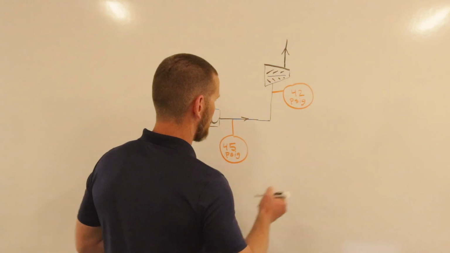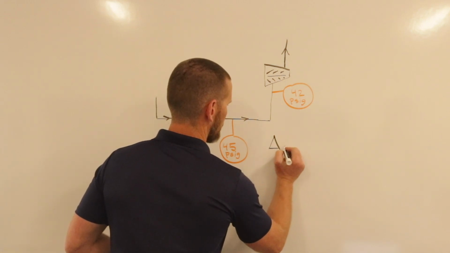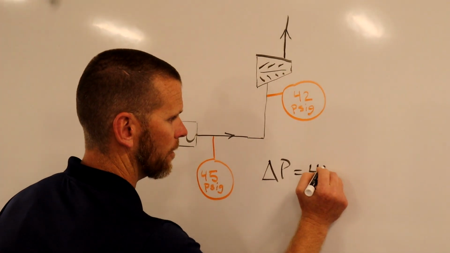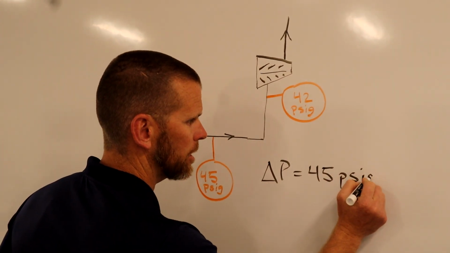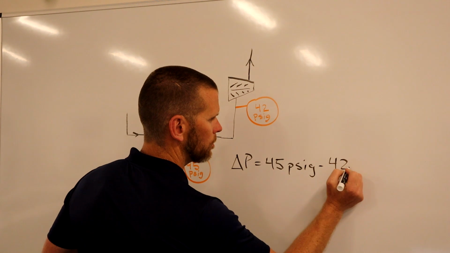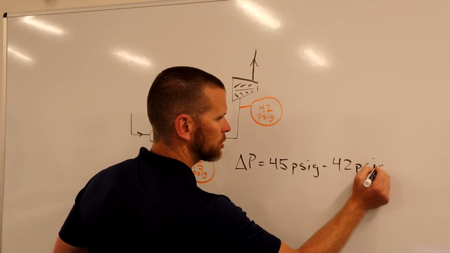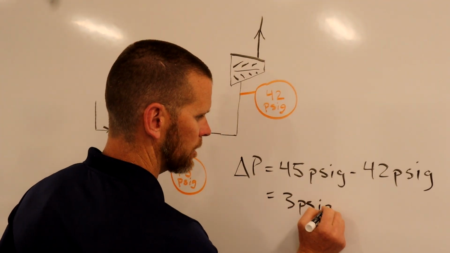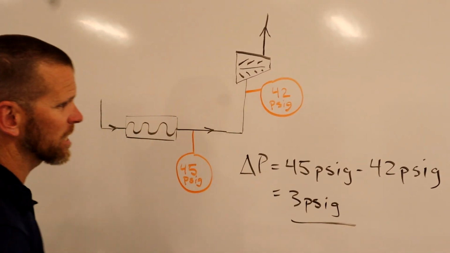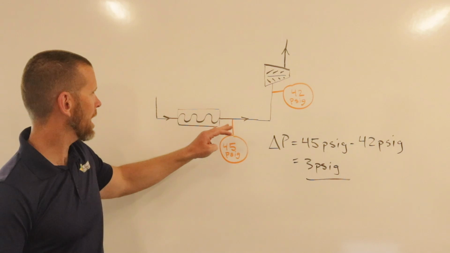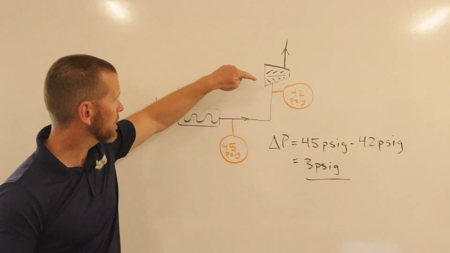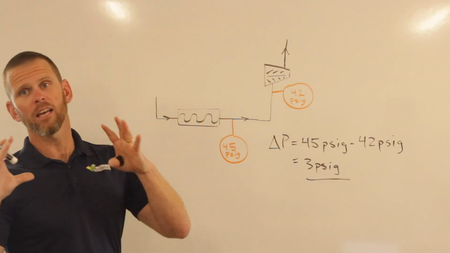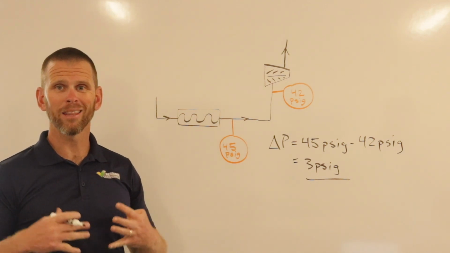Probably don't even need to write this out, but I will for the sake of the video: our delta P, or our pressure differential, equals 45 psig minus 42 psig, which equals, of course, 3 psig. Now, what is this coming from? Again, I said it, but I'll say it one more time. The pipe that connects the outlet of the evaporator to the inlet of the compressor has friction. As the refrigerant flows through the pipe, it will be slowed down a bit,